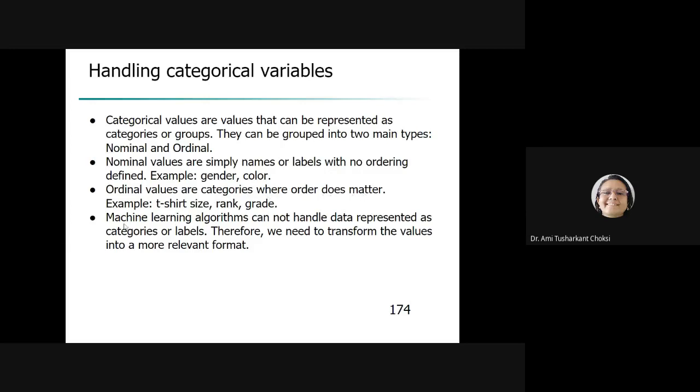For example, t-shirt size, rank, grade, right? You can say t-shirt size. Yes, of course. The size represents a number and a number is always ordinal, isn't it? We mean to say that if two numbers are given, say 5 and 7, we will be able to order them. We will be able to put them in one order. That is, 5 comes first and then 7 comes if we sort them in ascending order, right?